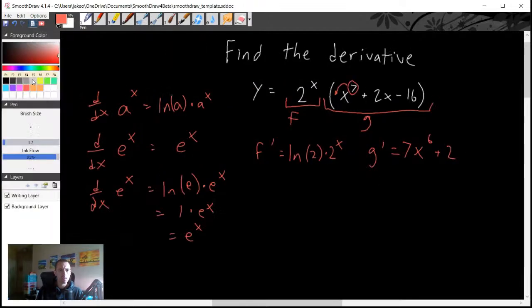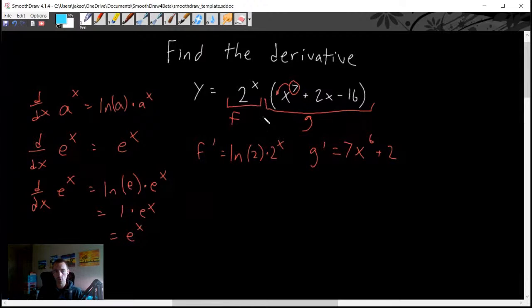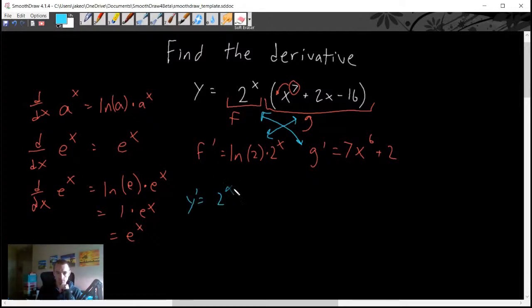Okay. Then, just like we always do with these product rule problems, we can multiply across. So the original of one times the derivative of the other, the original of the other times the derivative of the first, and then add those two things up. So you will get f, so 2 to the x, so y prime equals 2 to the x